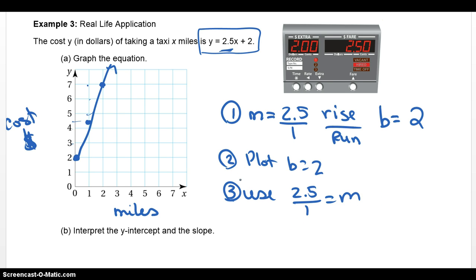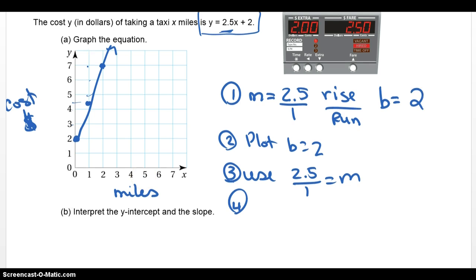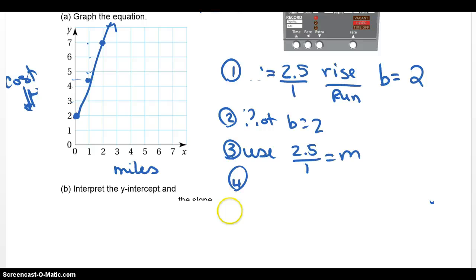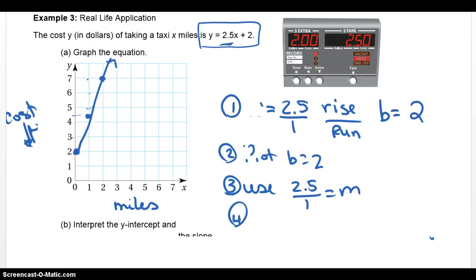And we look up at step 4. It says, we look at the line first. Let's look at the line and say, okay, this was supposed to have a positive slope. Yes, it does. Okay, and then step 4 would be to locate the x-intercept. There is no x-intercept in this one. So then part B, it says, interpret the y-intercept and the slope. So this is kind of making sense of the problem. So what does the y-intercept in this case mean? So the y-intercept here,